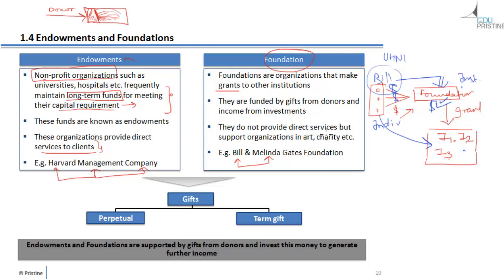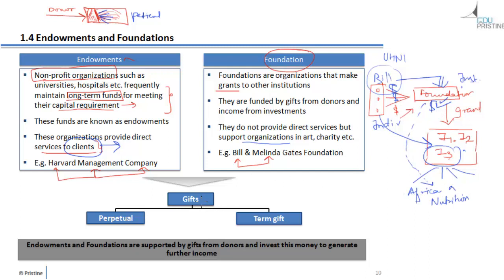Okay, so they do not provide services directly but support organizations. So let us say I3 is doing a lot of work in, let's say, one of the countries in Africa, working on nutrition. Now in such case, these foundations are not going to directly come in contact with this Africa or the people who are being served, whereas on the other hand, this hospital was directly serving the patients. So one of the major differences between an endowment and foundation is that endowments directly get in touch with the client, as in the person who is ultimately benefiting from it, whereas in case of a foundation, you really don't get in contact with the person who is ultimately benefiting from it.